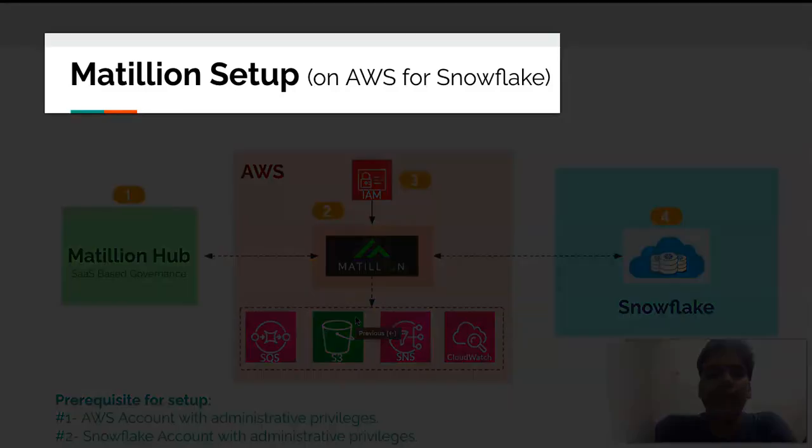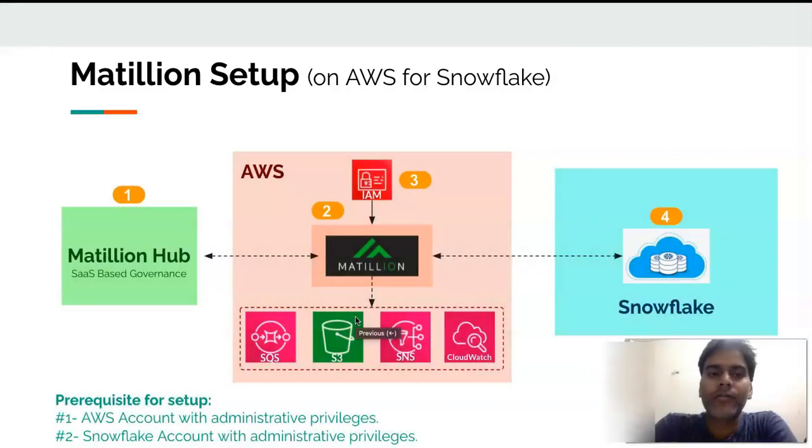In this video, I'm going to talk about how we set up Matillion. Recently Matillion has changed the way we can spin up the Matillion server and get started with it. So I thought of coming up with a video that gives you good guidance on how quickly, and in what order, we can set up the Matillion instance along with other prerequisites, so that you can easily get started with Matillion.